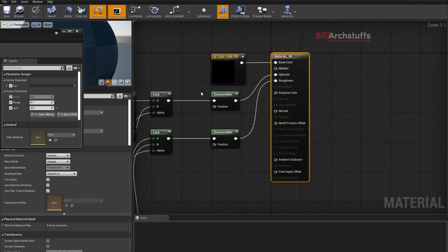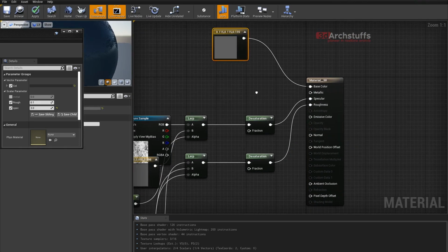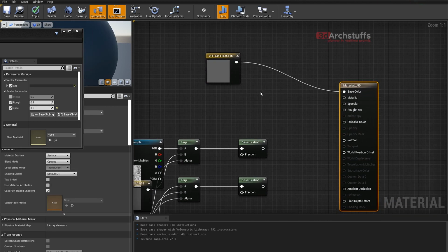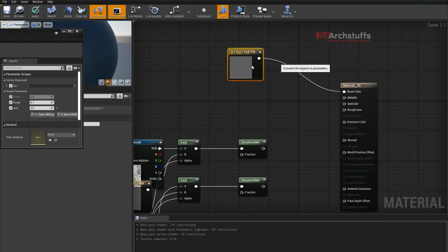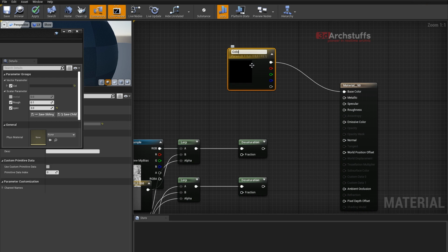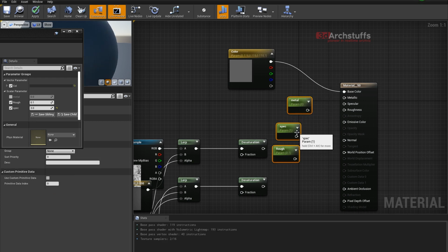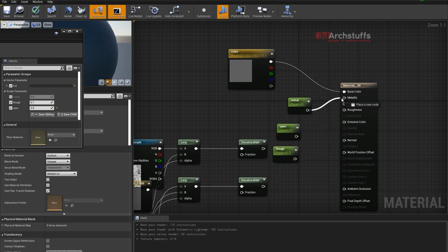So I'll go ahead here, open it, and detach this. Right click, go to color. Then I will just paste it here: metal, specular, and roughness nodes, which we have already copied from another material. And then I will apply and